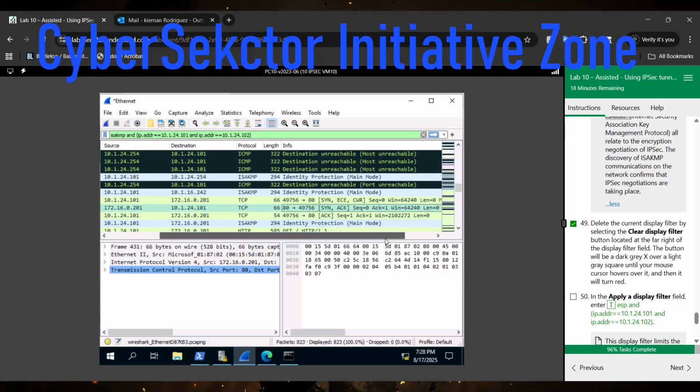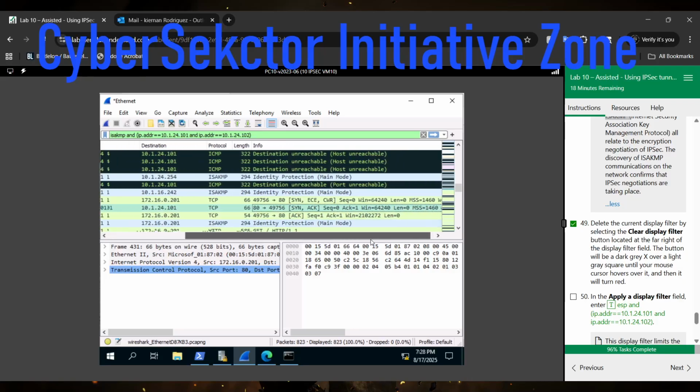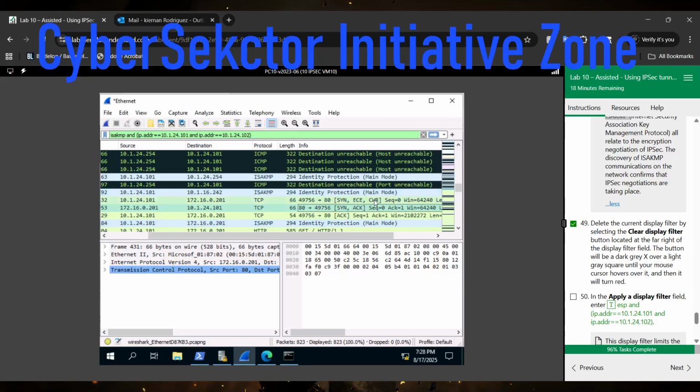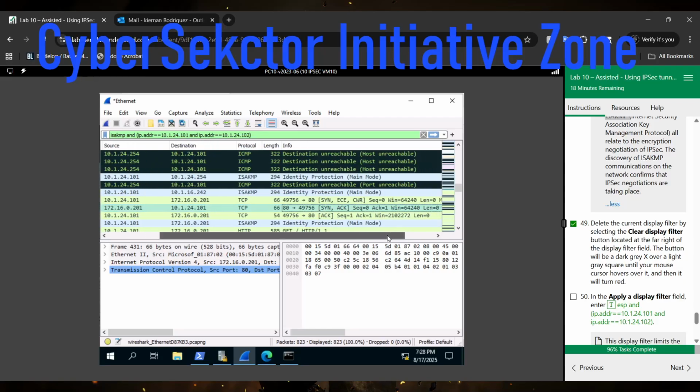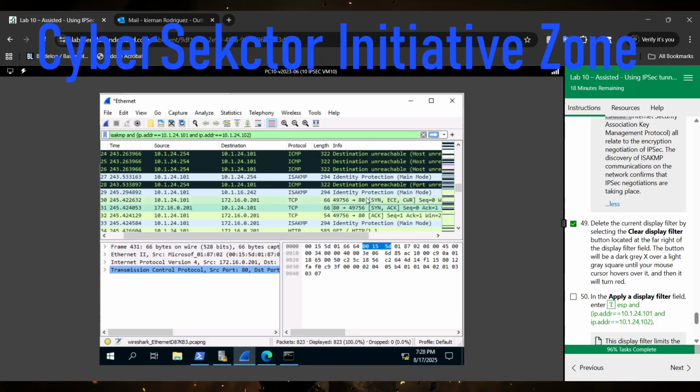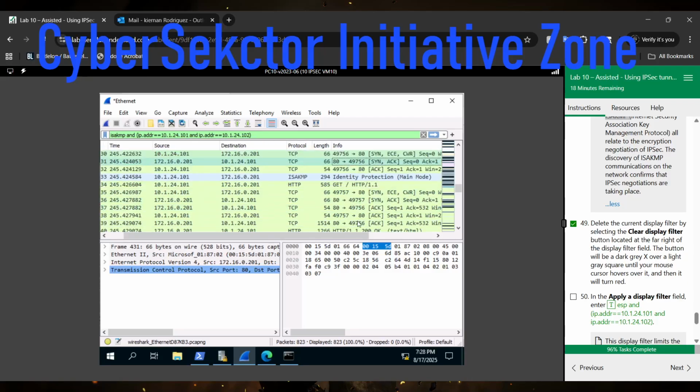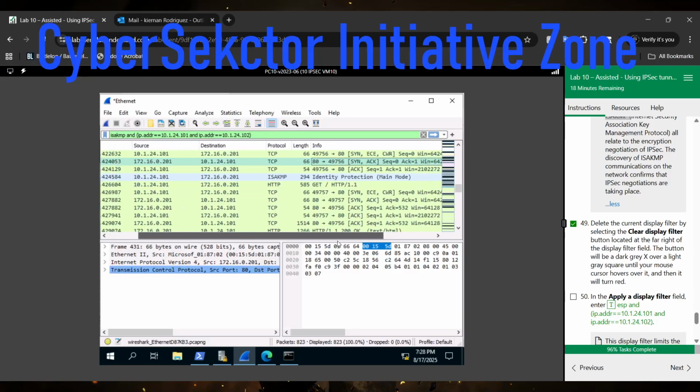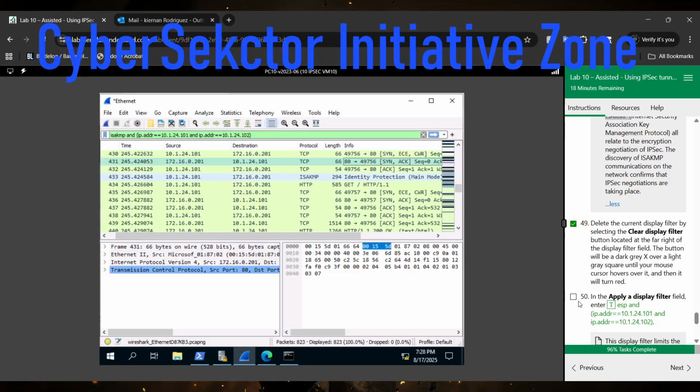I think that's what it means for window. And I forgot what CWR and ECE mean, but I would have to go back and take a look at that. But I know this is to synchronize a connection, and that's to acknowledge. Well, these are like packets per se that are coming in to the network connection. So that's pretty interesting, and I actually like looking at this because this is like investigating what's going on within